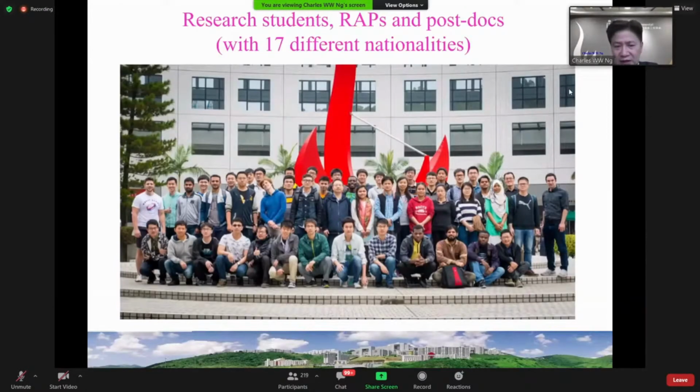Now, this is a typical group photo of my group. And what you are seeing here, my group is pretty big, including research assistant professors and also postdocs, from 17 countries. So from, for example, South Africa, and this guy here is from the UK, and Bangladesh, Thailand, and actually one from India, who graduated last year, and Iran, for example. So my group is very international, and any students or professors in the audience, if you're willing to consider collaborating, do contact me. All right, so let's move on to the